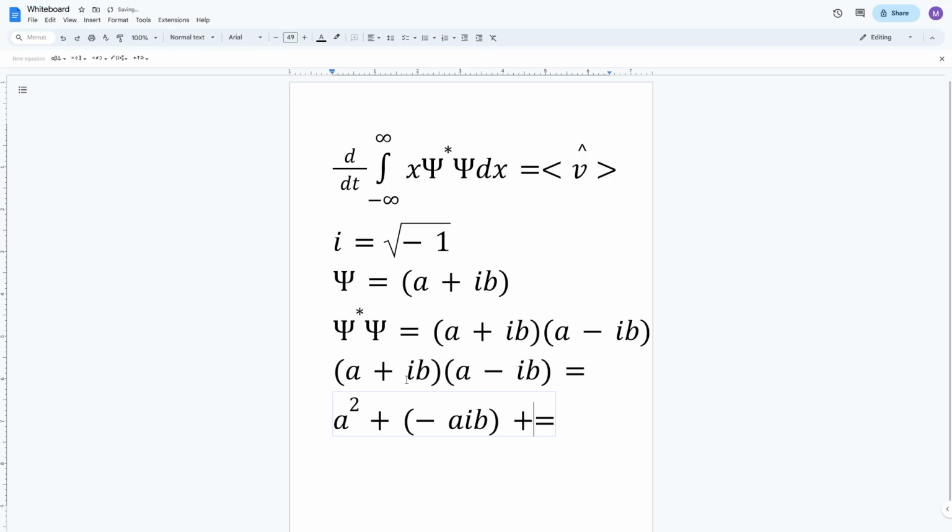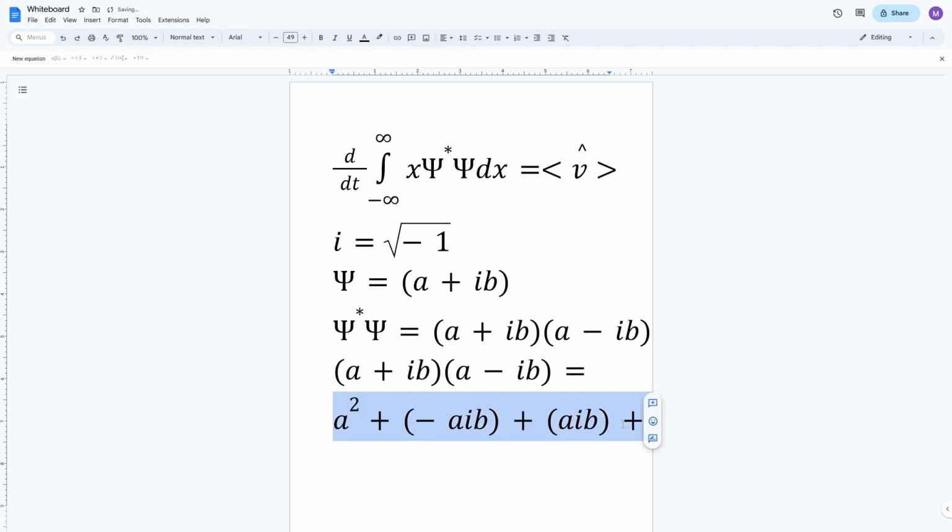Then iB multiplied by A gives us AiB. There we go, this multiplied by this. And then the last one, which is iB multiplied by negative iB, which gives us negative